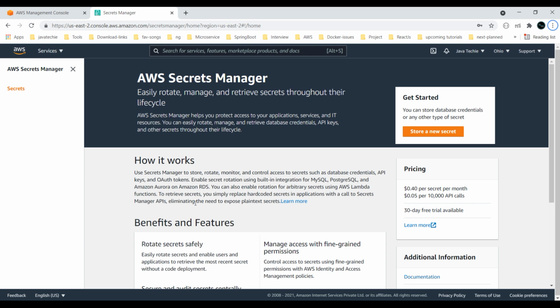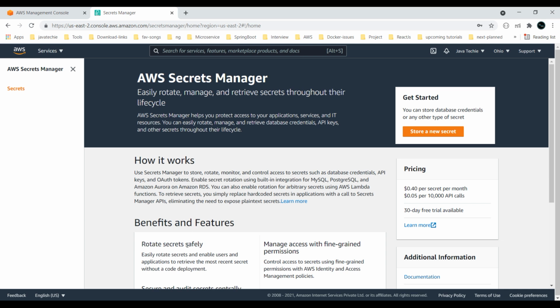In that scenario, AWS Secrets Manager provides a central repo where you can set up, control and monitor access to the secrets used by all your microservices automatically. If you have 10 microservices, you no need to configure those credentials in each and every microservice. They can directly consume from AWS Secrets Manager, whoever wants those credentials, right?